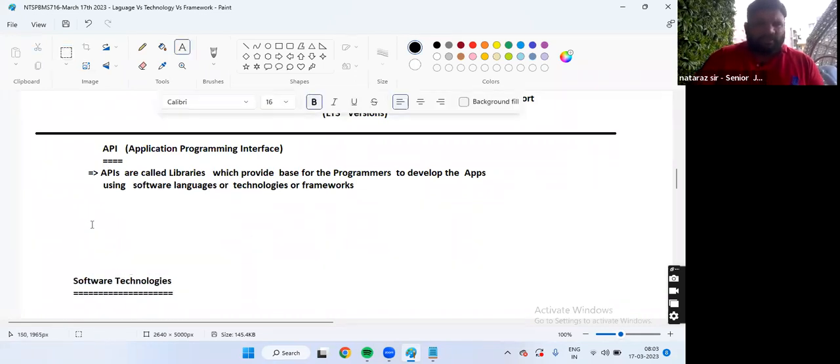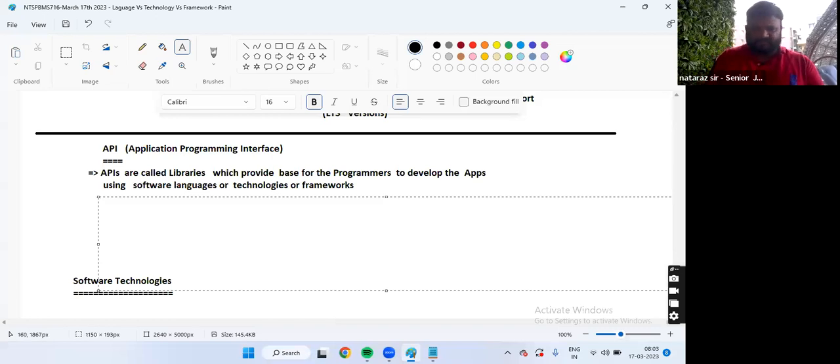Tell me, guys, how will the APIs come? In C language, APIs are given in the form of header files having a set of functions.